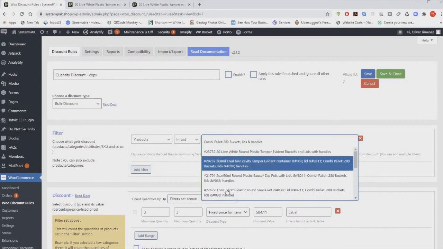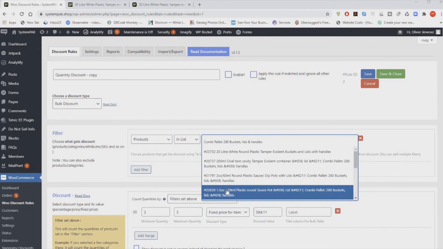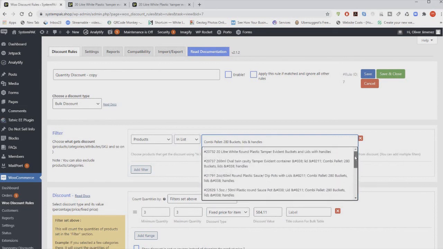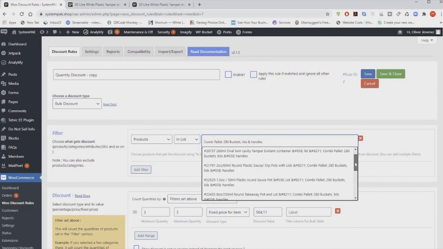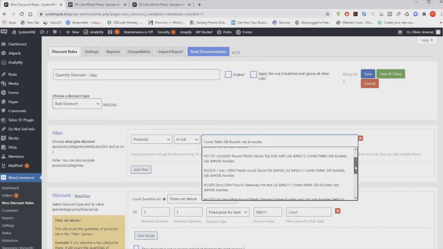As you can see, there's quite a few products here, so you have to read it carefully. And obviously we're looking for combi palette, 280 buckets, lids and handles. So here it is at the bottom. We're obviously looking at this one here, 280 buckets with lids and handles. And you can see it's a combi palette. So you need to scroll down until you find the combi palette 280,